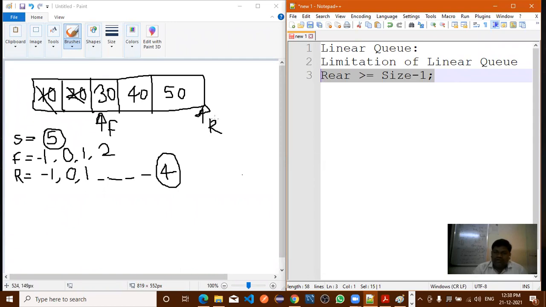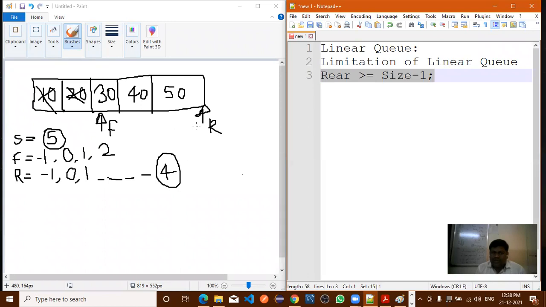Why? Because we are considering the rear pointer. Now suppose you want to insert one more element. 2 spaces are available. Is it possible to insert in the linear queue? No. So this is the problem of the linear queue. Now you all understand the limitation or disadvantage of the linear queue. What is the disadvantage?